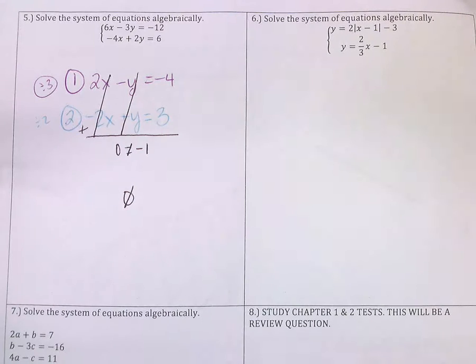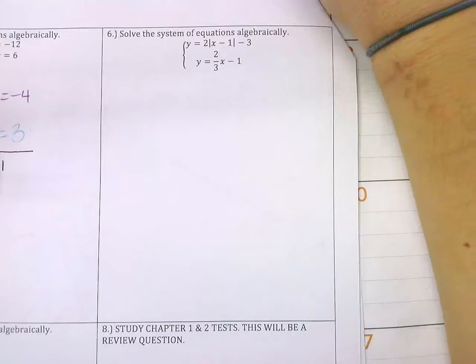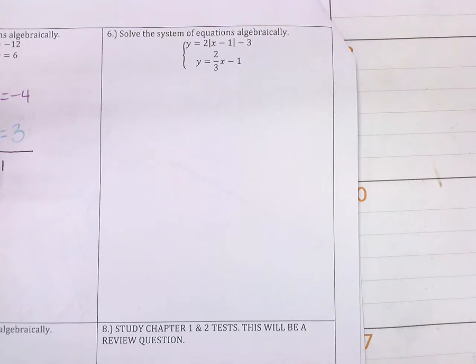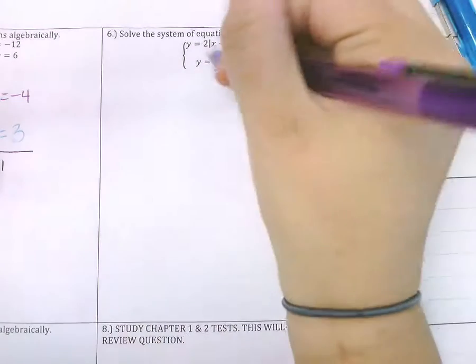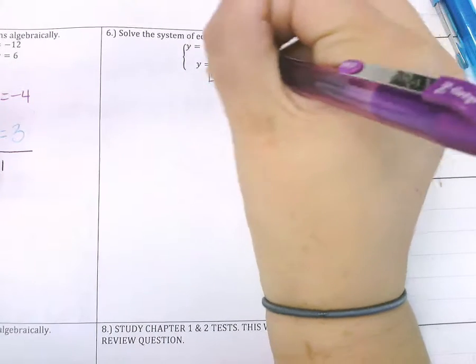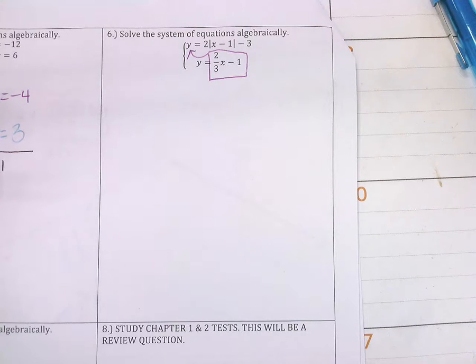Typically we just get one solution. Your best option for this particular question, because both y's are solved for, is to take this one and substitute it in for that y. Now, if it's not solved for, you might want to solve for it and then do this process. So what you're going to get is